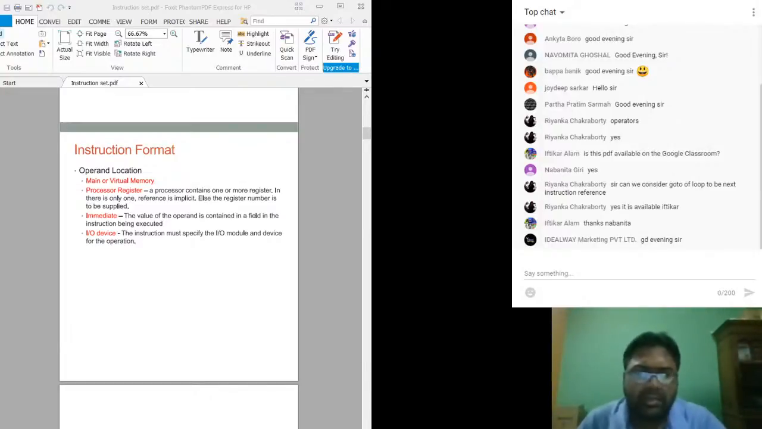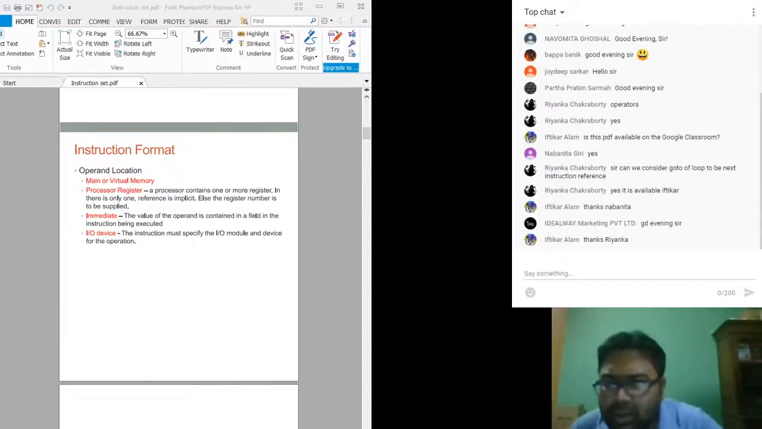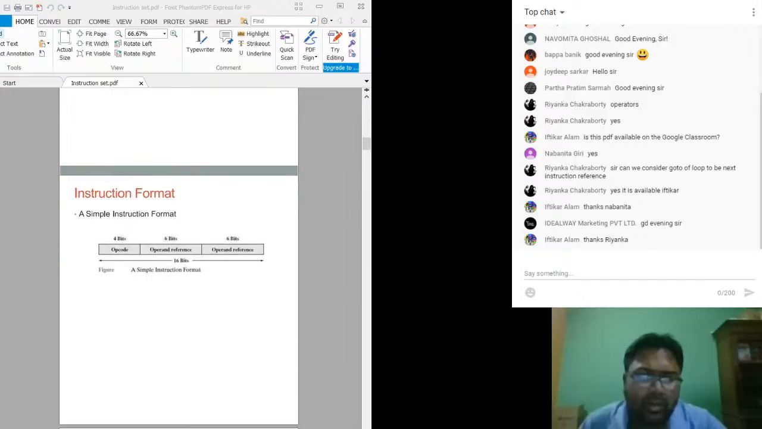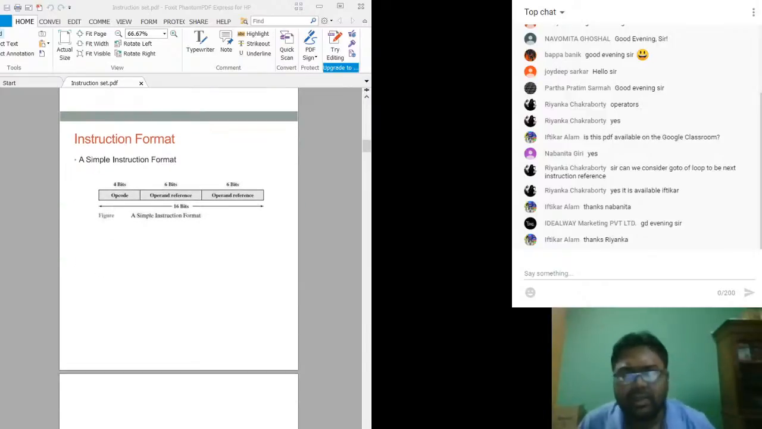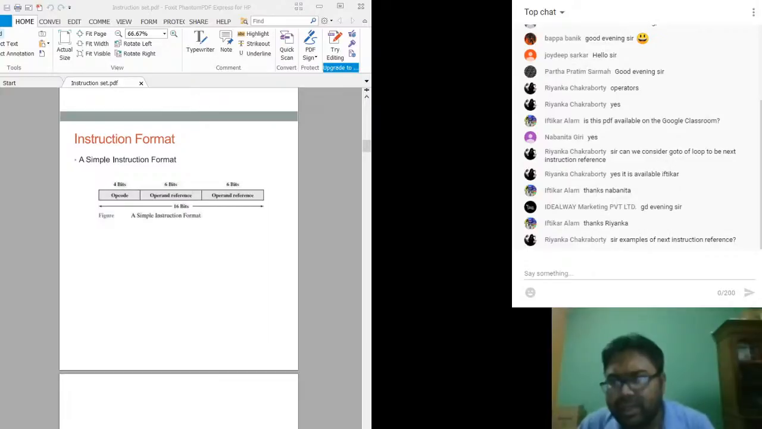Again, based on the location of the operand, you can classify your instruction format, or you can classify the type of the instruction that you want to have. I think this is very easy to understand. So this is the sample format of an instruction. It has an opcode at the beginning followed by the operands. So based on the number of operands, again you can